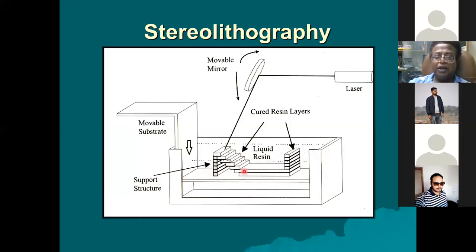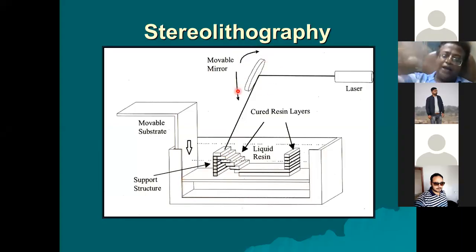Similarly, after one layer is deposited, this platform will go down by an amount equal to one layer thickness. Again, the photopolymer will be poured, equal to one layer thickness, correct? And then you again have the data you have already computed.